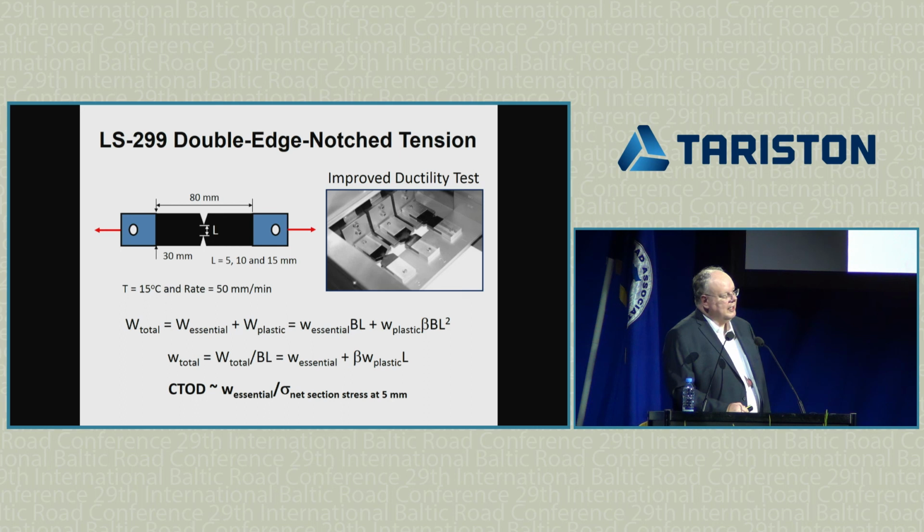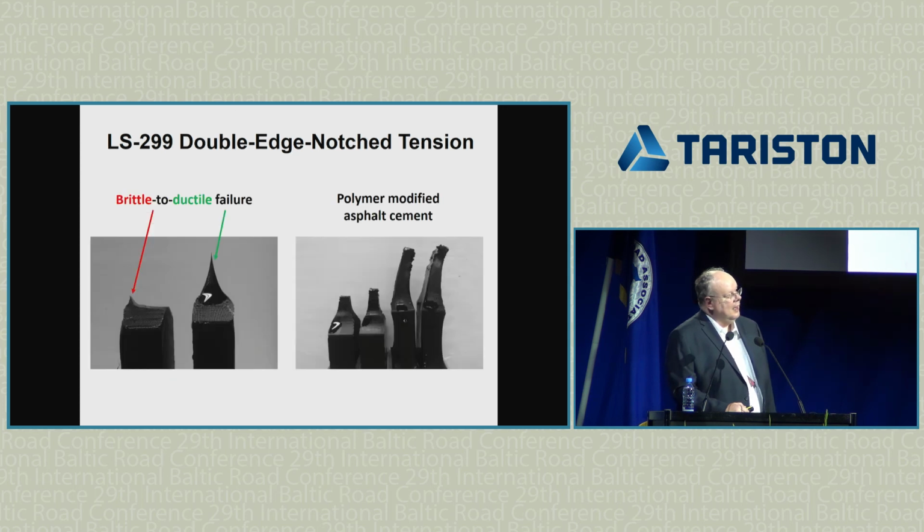The other test I briefly discussed is the dent in the modified PAV. So the dent test is double-edged notch tension. We measure a CTOD, which is a critical crack tip opening displacement, and it's how far we can pull a hair of asphalt cement apart before it fails. On the left, it's brittle to ductile. On the right, it is ductile, and on the far right, we have polymer modified. So they fail in very different ways. We don't really care how it looks. We only care how far can we pull it before it fails. Like a ductility test, but this is a more fundamental mechanistic ductility test than what we have from Dow in